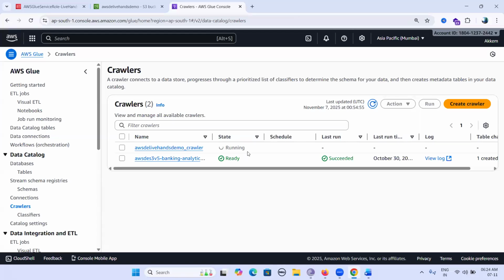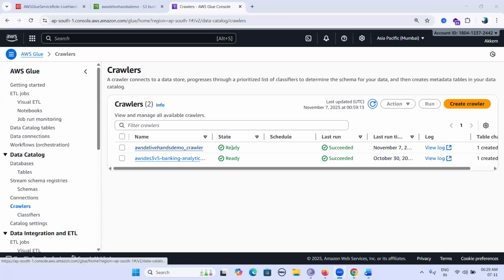Once that is completed, you are going to see a table with column names and corresponding data types. Let's wait a few seconds to complete this one. So crawler is executed. Let's continue. So crawler is completed and you can see